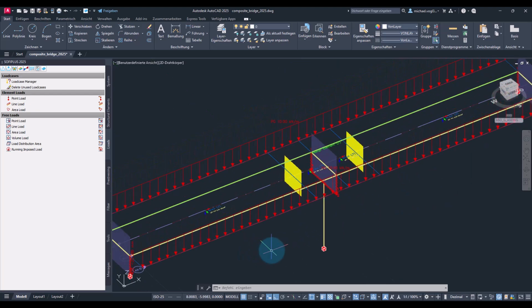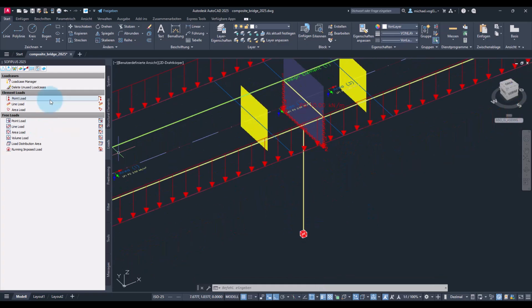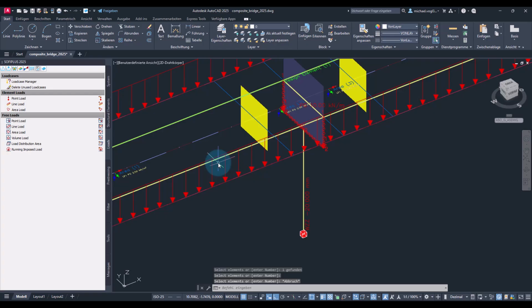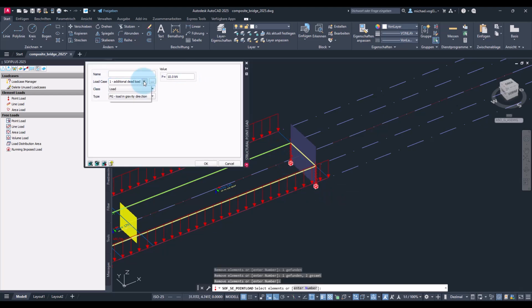Okay, then same at the inner support. Now this of course has to be displacement at the bottom of the pier, and then once again same game at the second abutment.